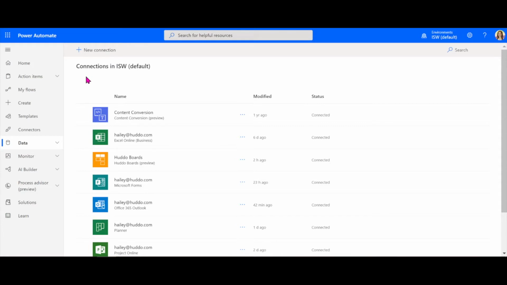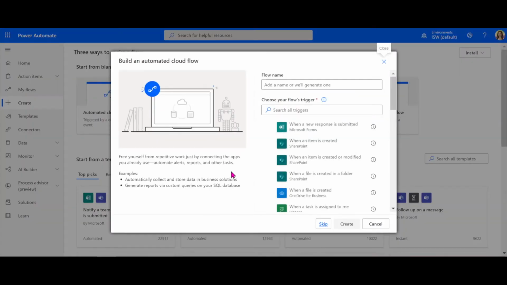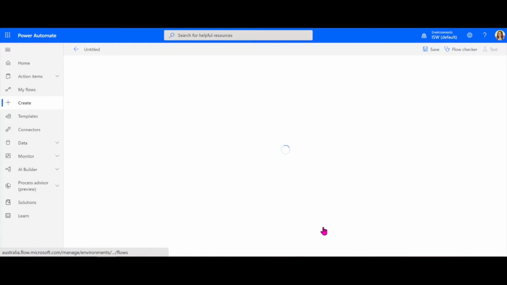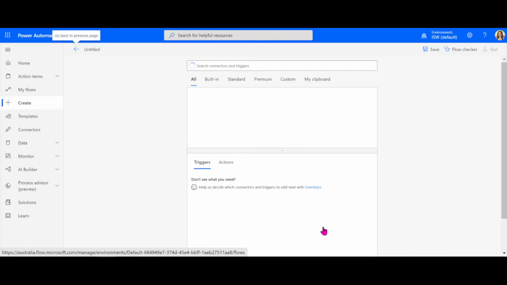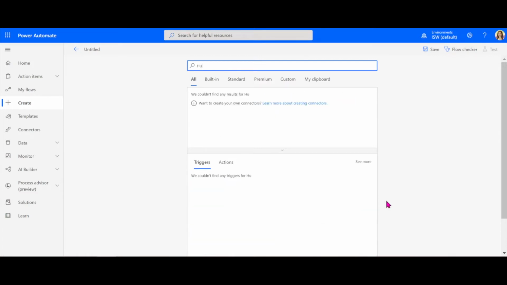So once you've done that, you can come across to Create and select Automated Cloud Flow. I'm going to skip this step for the moment. You can give your flow a name if you like, but I'm just going to press skip for the moment. And instead here, I'm going to say what I want to happen. So for this